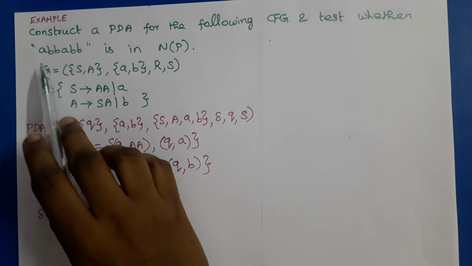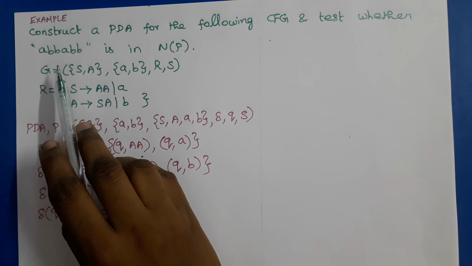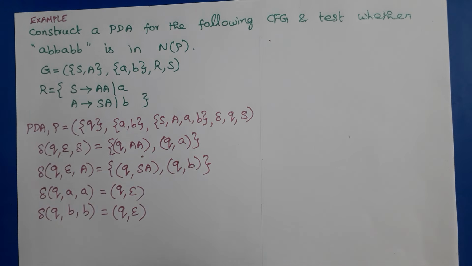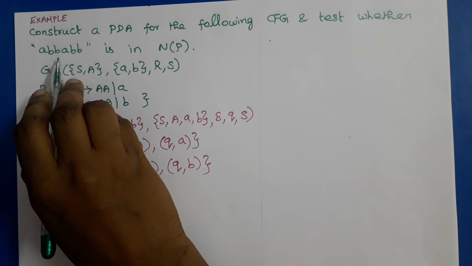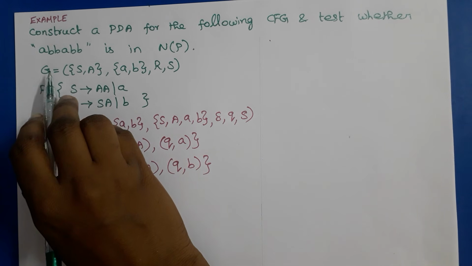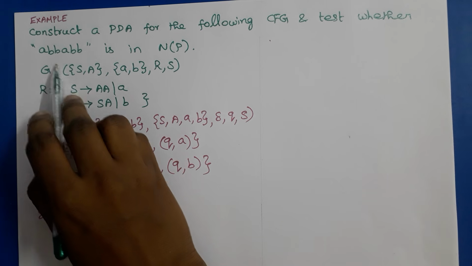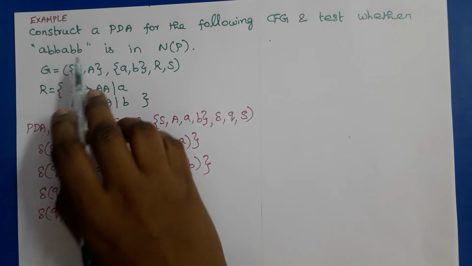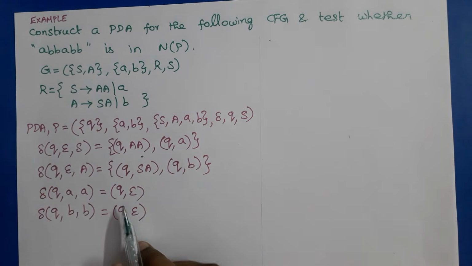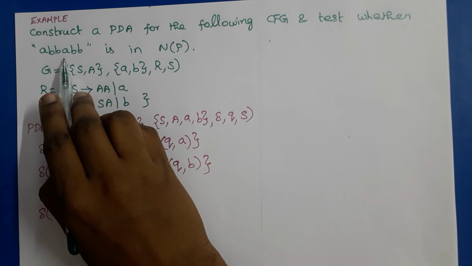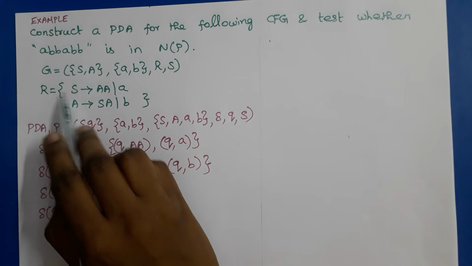So here one example string is given. If we can successfully construct a leftmost derivation, rightmost derivation or parse tree for this string, that means the language of the CFG accepts this string. So it should be accepted by the PDA also. So let us try to construct the parse tree for this string, for deriving the string from this grammar.